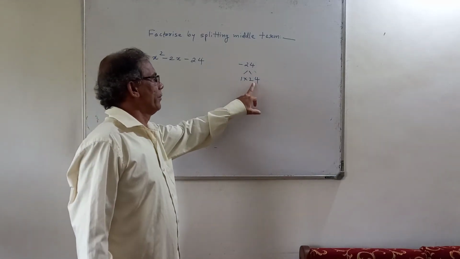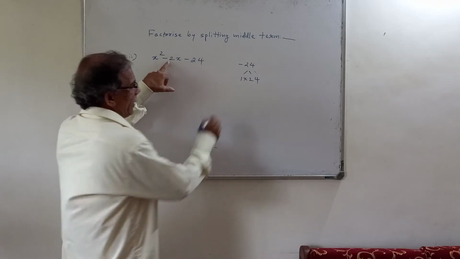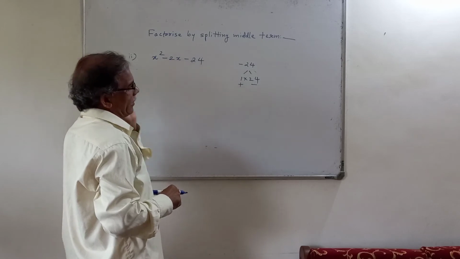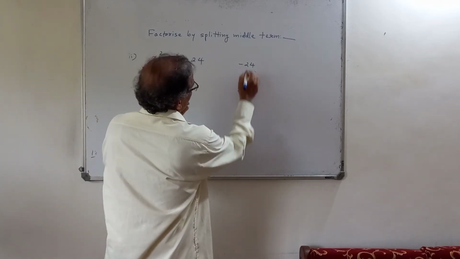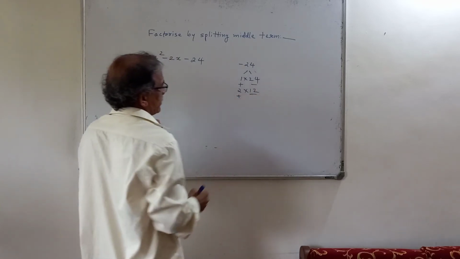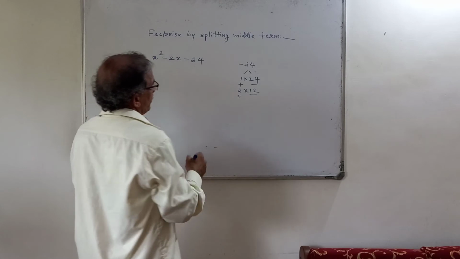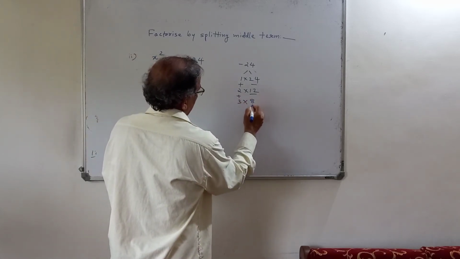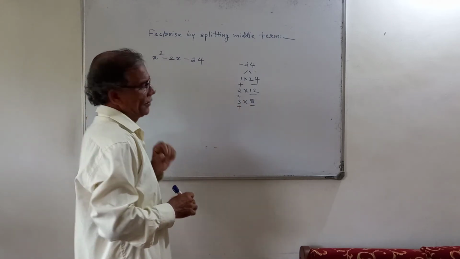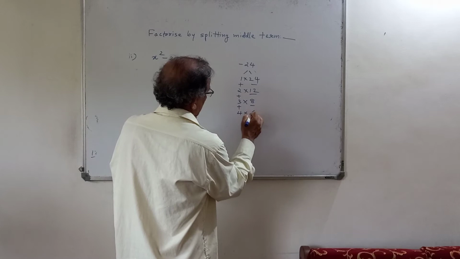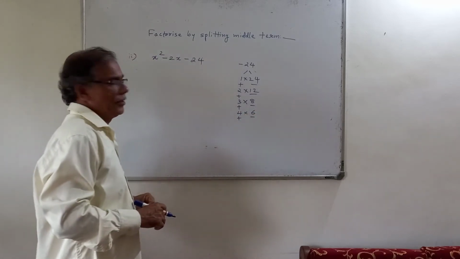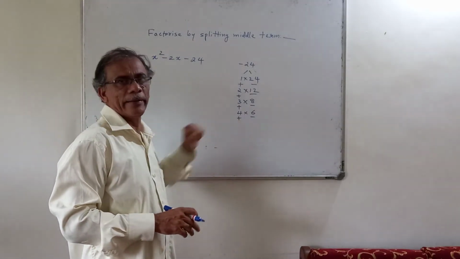The greater number will have the sign of the middle number because the addition is minus. So minus, and this is plus. So this difference is not minus 2. Go for the next pair. 2 into how much gives you 24? 2 into 12. So plus minus. The difference is minus 10. We want 3 into 8, which is 24. What is the difference? 3 minus 8 is minus 5. 4 into 6. What is the difference? 4 minus 6 is minus 2. So we shall take now this pair.